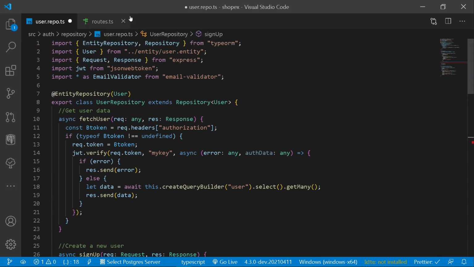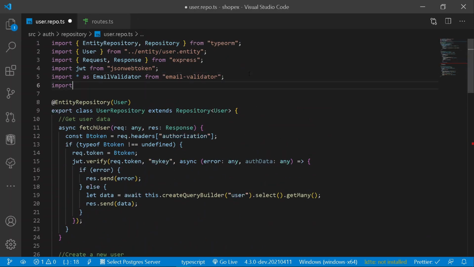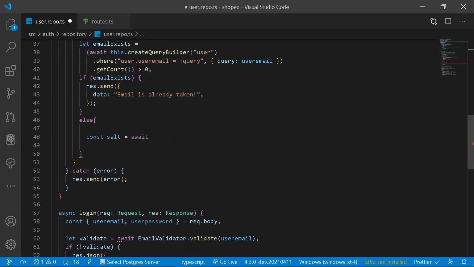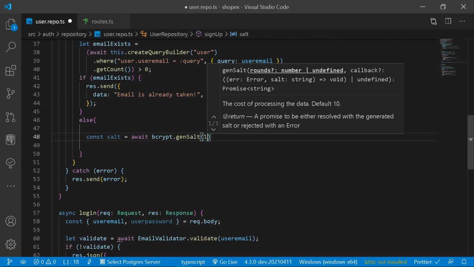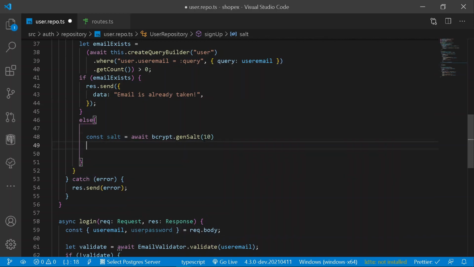But before that, let's go at the top and import our bcrypt. So here let's have import bcrypt from bcrypt. Just like this, let's go at the bottom, and here I will be simply calling my bcrypt.genSalt, just like this. And here you can provide the number of rounds. For now I will be adding 10, that is number of rounds to be 10.